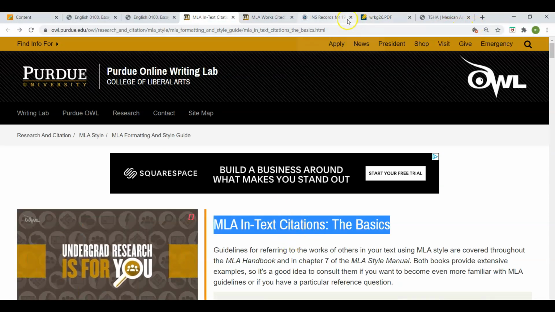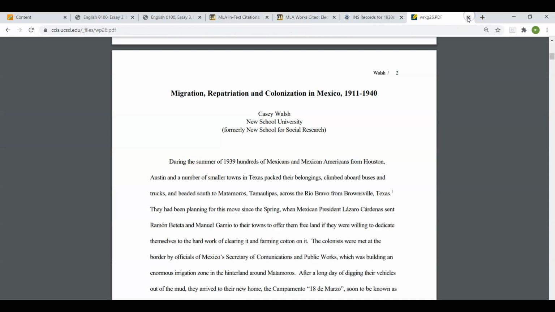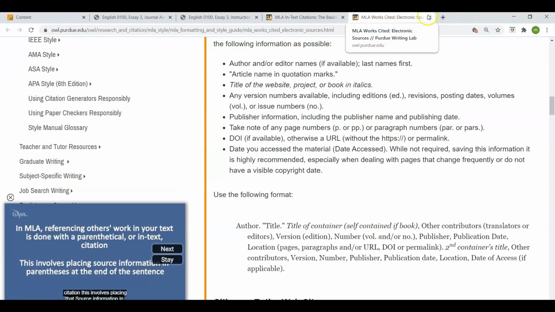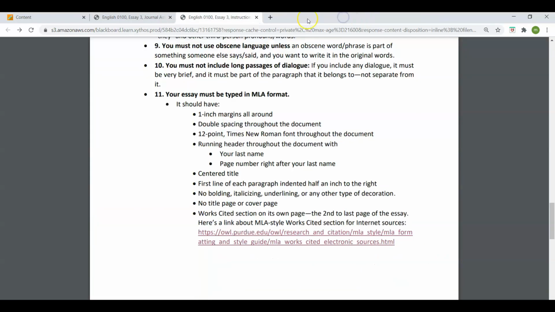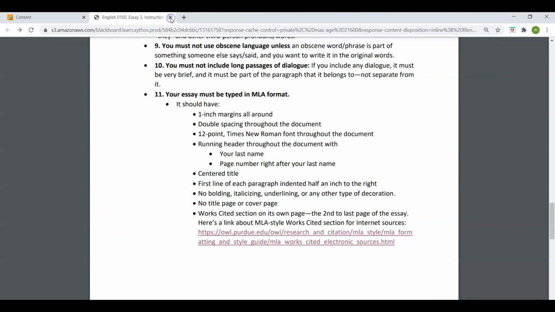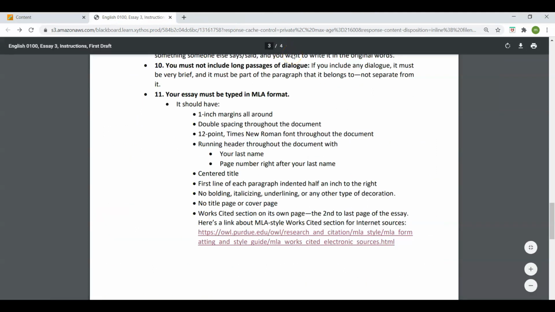So the last thing to do here is the image or chart. Okay, we don't need any of this for that. And actually, we're done with the journal. The journal, now you know how to do it because it was just the 3 body paragraphs. So now I'm explaining something that goes beyond, okay? I'm explaining about